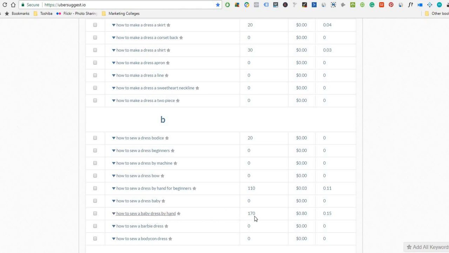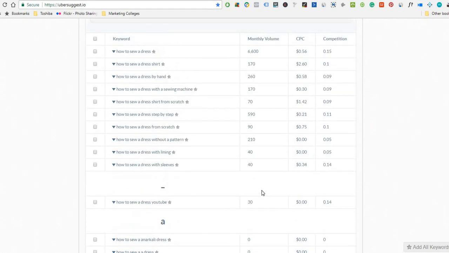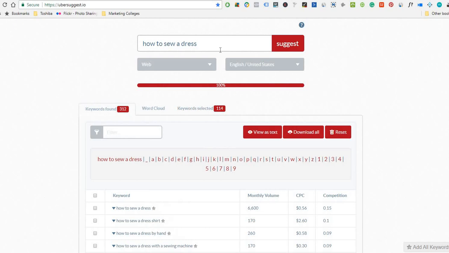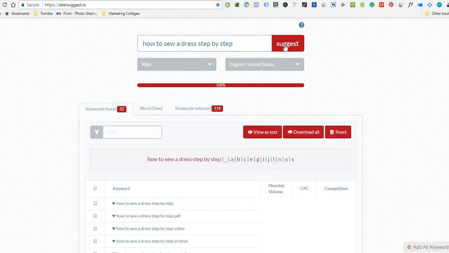How to sew a baby dress by hand. That's getting a lot more. It's 170 people a month. So that's pretty strong. So the point being, you can go through here and you can dig deeper and deeper. So let's say, okay, we know that we want to make a course, or we want to make an ultimate blog post on how to sew a dress step by step. What I would do then is I would type in how to sew a dress step by step, and I would click suggest,